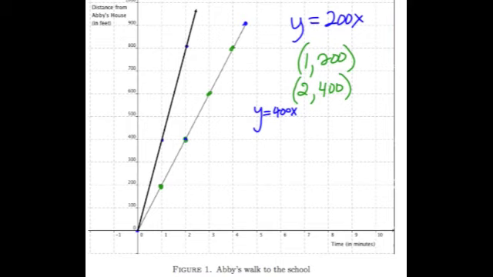600 feet, yeah, and he walks at the same pace, same speed. So what was Abby's speed? 200 per minute. 200 feet per minute. That's right. So he's walking 200 feet per minute, right? Mm-hmm. But he only lives 600 feet from the school. So what would his graph look like? So after 1 minute, how far has he gone? In other words,